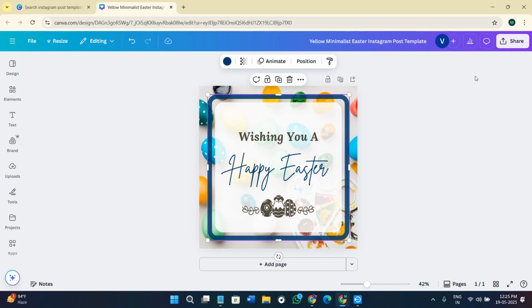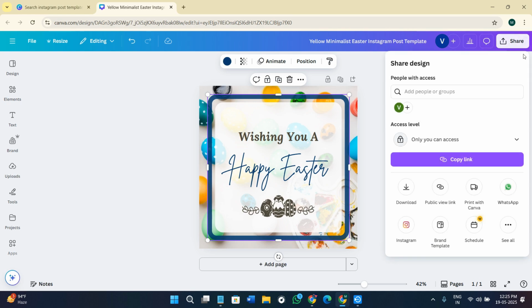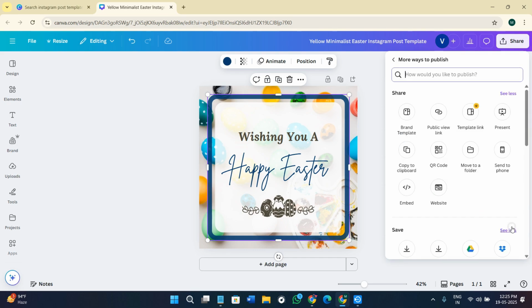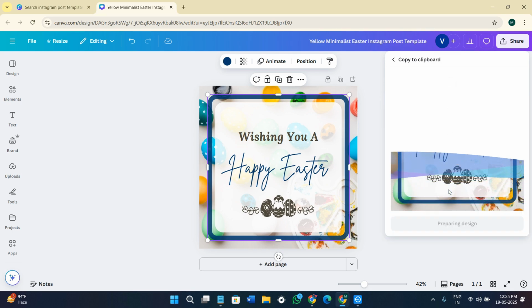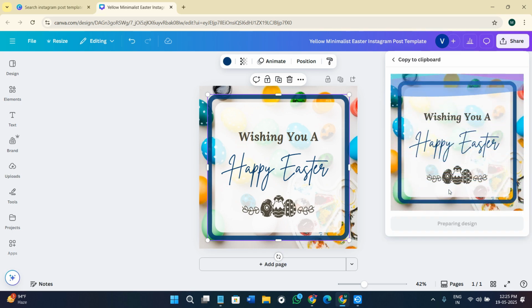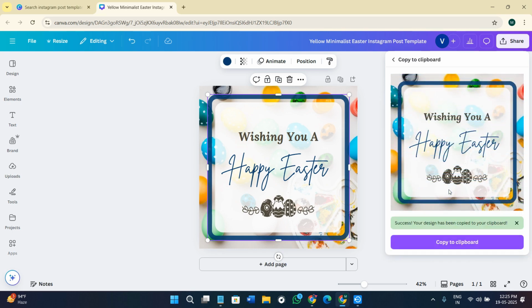Now once you are done with your editing, with your design, you need to tap on the share button in the top right hand corner of the screen, and over here you will see the option of these three dots. You need to tap on these three dots, and here you will see this copy to clipboard option. This is basically our template link which we are going to copy from here. So you need to copy this link, and now you need to go back to Canva and design a